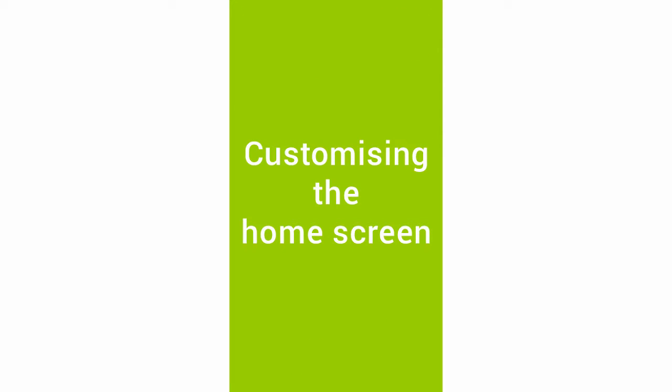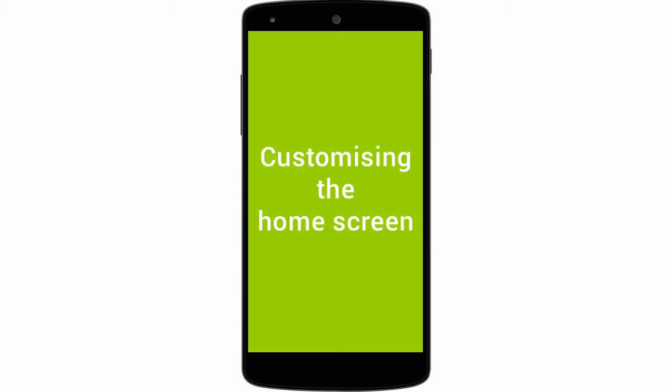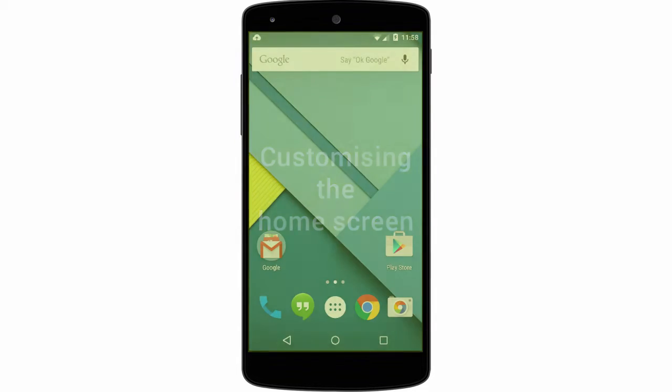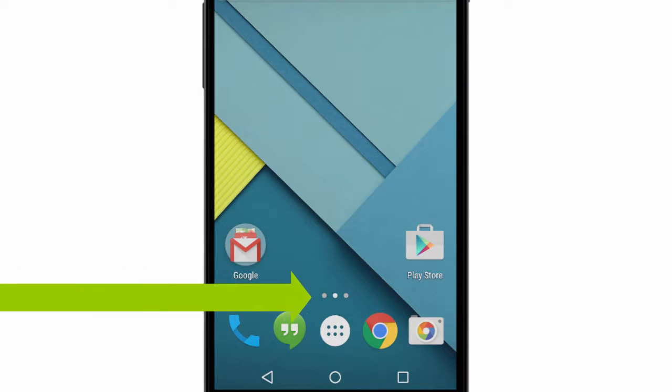Customizing the home screen. On your Android, the home screen is the screen that you arrive on when you turn on your phone. You will see 3 dots at the bottom of the home screen, and this shows you the number of home screens that you currently have. I can see the middle dot is in white, which means I am in the middle or the main home